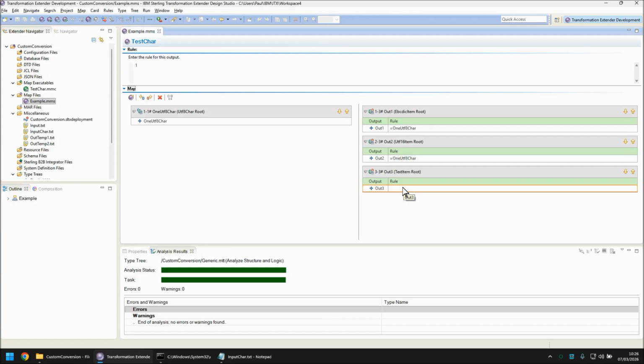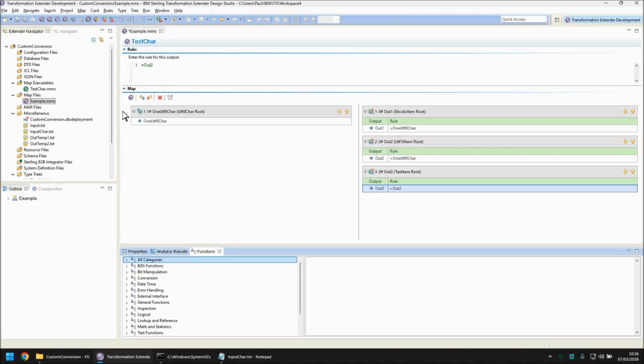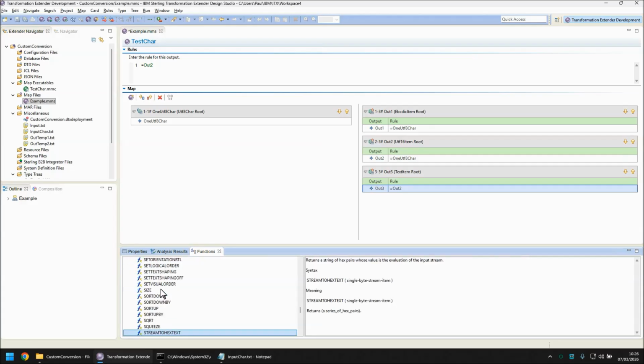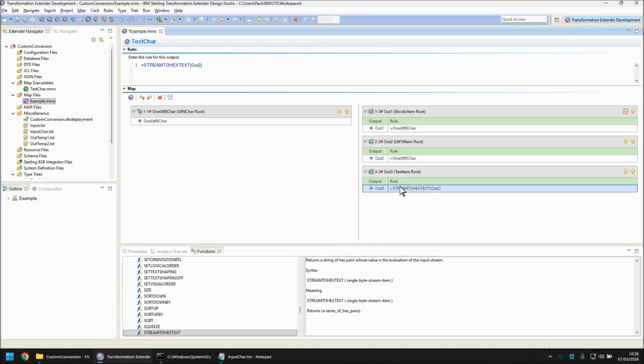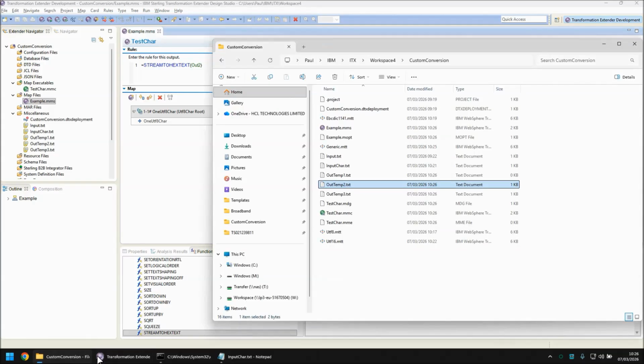1, 2, 3. Okay, in 3 I'm going to want the content of output card 2, which is the UTF-16 representation, and then I'm going to want to apply a function to it. So if I go into the rules, insert functions to get the functions tab up, and the function that we want is stream to hex text, and I drag and drop that onto that object. It surrounds the object automatically for me, and if I save, build and run this map, we can now see